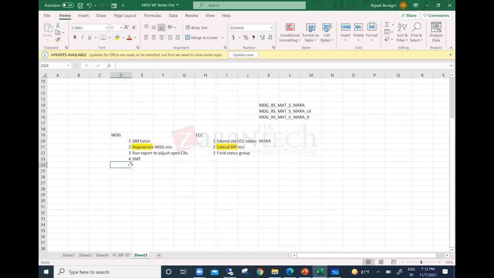Okay, and after that, the fifth one is add custom attributes to MDG UI. So the standard UI application, go to the technical help. From there, you can get into the customization mode. There you can actually add those custom attributes. Okay, and after this, finally, you need to